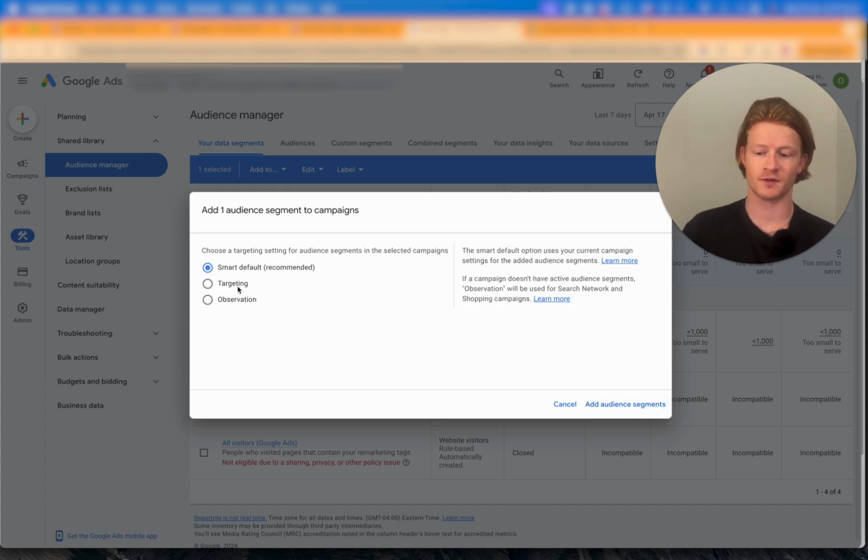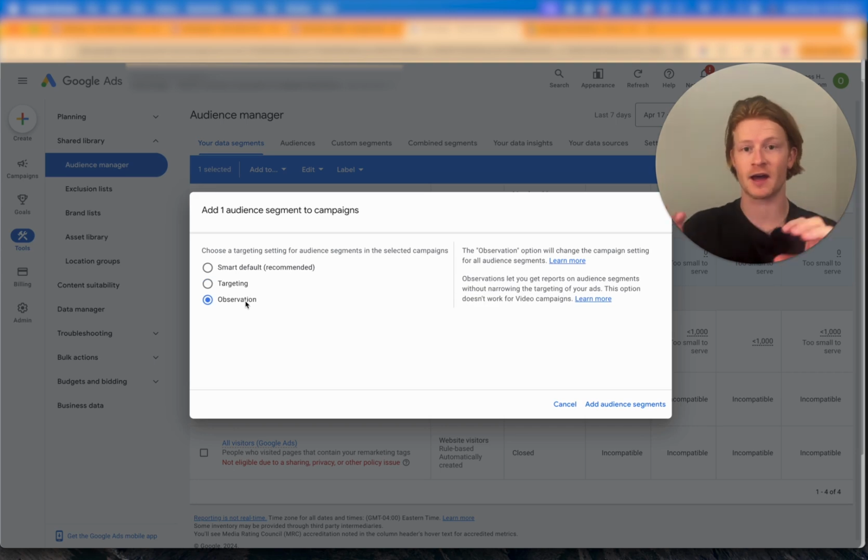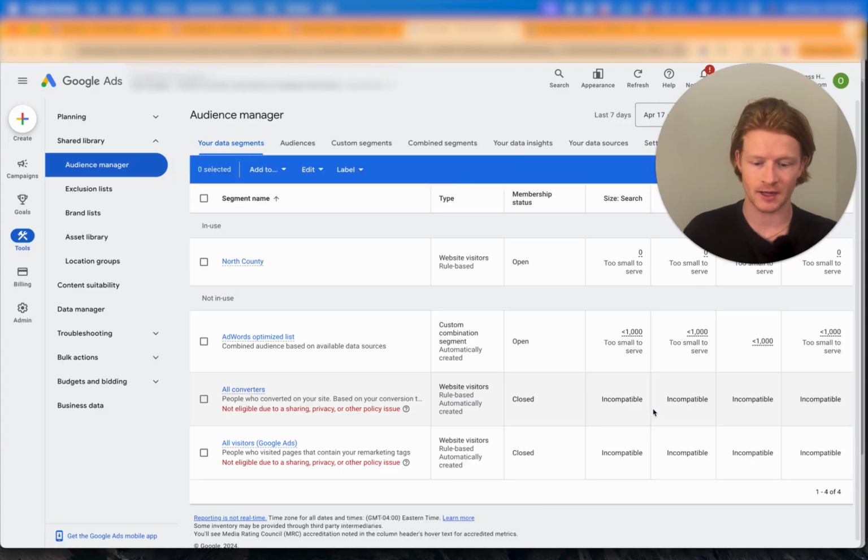Here I have two options. Do I go targeting or observation? It defines the difference here on the right-hand side. Targeting basically is very narrow. Observation keeps it really wide. So targeting will make sure the ads only go to those people in that audience, which will be very, very few. In fact, I probably won't spend it all. Observation will just mean that we're getting numbers and data on how that particular audience has performed. So we're going to go with observation, add audience segments,